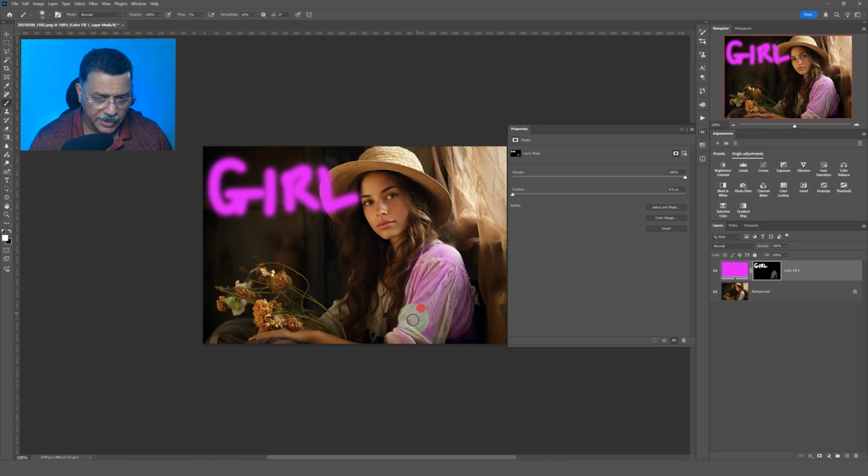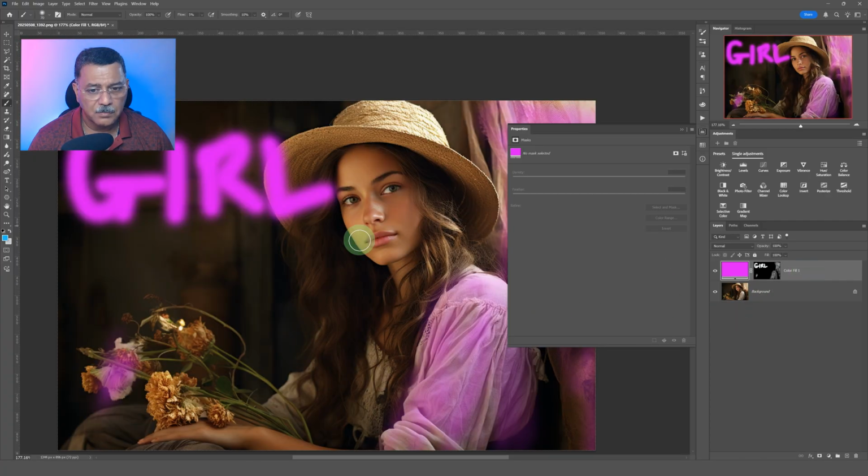So I'm painting with white on a black background, and whatever area I'm painting with white will reveal the color or image or whatever adjustment is there on that layer. In this case, it is magenta. So it is applying this color there. So simply by painting on that area, going over it with a low flow amount, like here, it will create this effect for you. Okay, similarly, what if I want to make this girl's face brighter, but selectively,